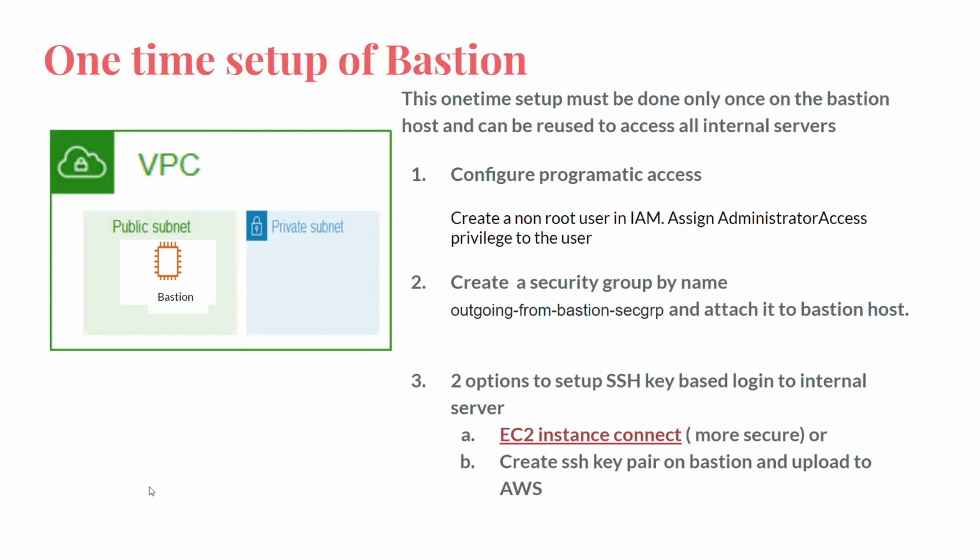Finally, we create an SSH key on the Bastion host and upload it to the Bastion with the name bastion-to-other-host-key. EC2 Instance Connect is a more secure option than creating this private key and leaving it on the Bastion host. However, EC2 Instance Connect as of today works only for Amazon Linux and Ubuntu. The key pair that we are creating on this Bastion host can be made short-lived with little automation. This will protect from insider threats where a disgruntled employee could leak the private key. When we create an internal server, we will authorize this SSH public key to log in.